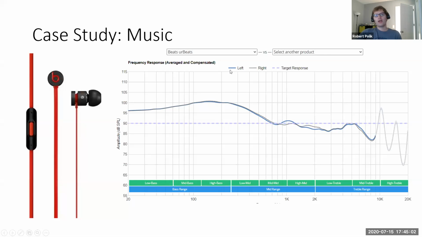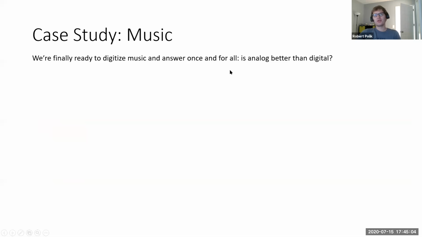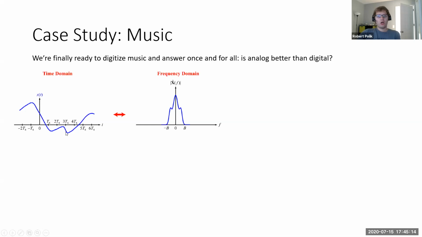So, all right. We are ready to digitize music. We know what we're doing. We're going to use our signals and systems knowledge, and we're going to turn analog into digital. So let's get started. We have our analog signal, and we're going to also look at it in the frequency domain. And so this you can imagine as the Laplace transform. We're used to only looking at the right side of that on the previous slides, but technically we have positive and negative frequency. It's a weird math thing. Don't worry about it.